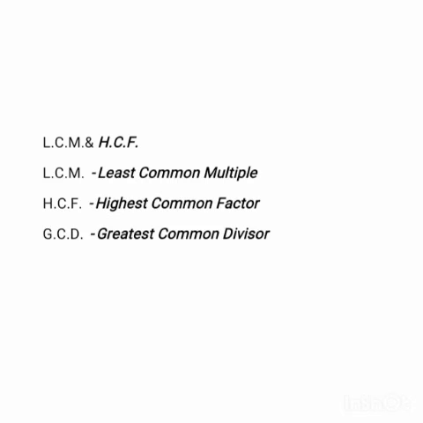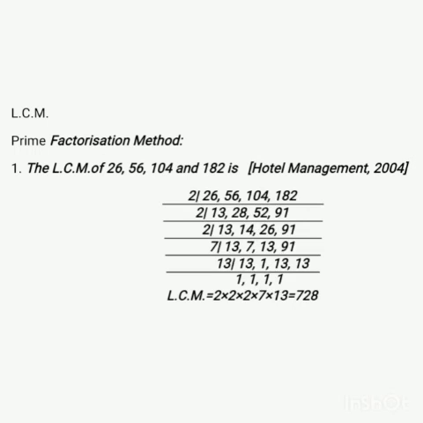Today we will discuss some methods and some previous year competitive exam questions and their solutions. Firstly, I will introduce the prime factorization method of LCM very briefly. To find the LCM in prime factorization method, we will take a factor which is common in at least two numbers and then reduce the numbers by the factor. After taking all the common factors, we will multiply the common factors and the residue to find the LCM.